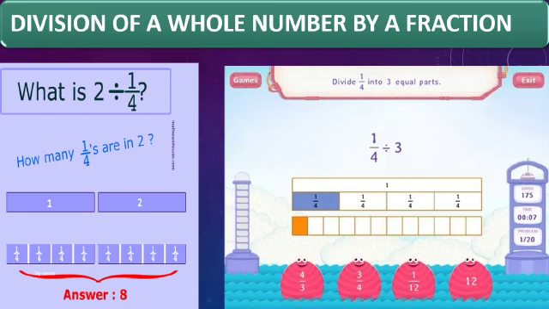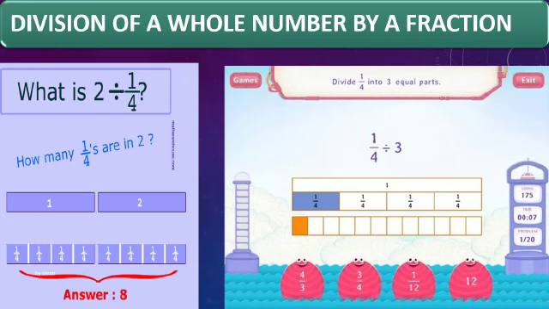Again, 2 is another, and we have to divide 2 again into 4 parts, and we get 1 by 4, 1 by 4, 1 by 4. Now we are going to count how many 1 by 4 can be obtained from the total 2. See in this picture, we are going to count these 1 by 4 and we will get the answer 4.